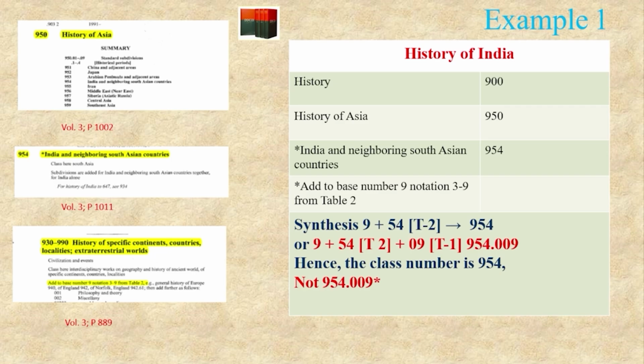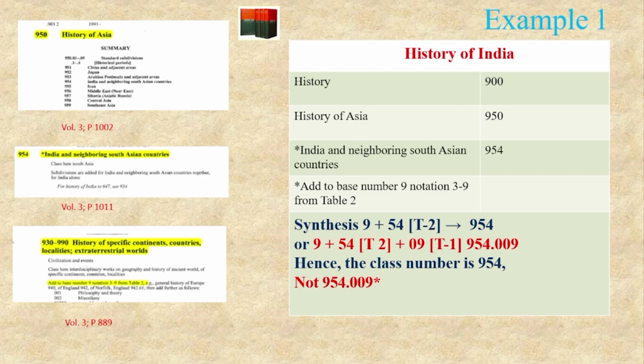Then here is an instruction, that is a star mark, that is add to base number 9 notation 3 to 9 from table 2. So the synthesis is 9 plus 54, that is taken from table 2. So the class number is 954. Or someone may add the class number in this way. That is 9 plus 54 from table 2, and for the keyword history, they may take the class number from the standard subdivision, that is table 1, that is -09. In that case, the class number will be